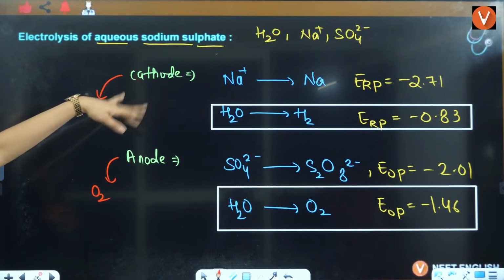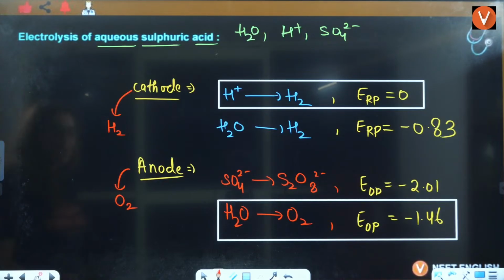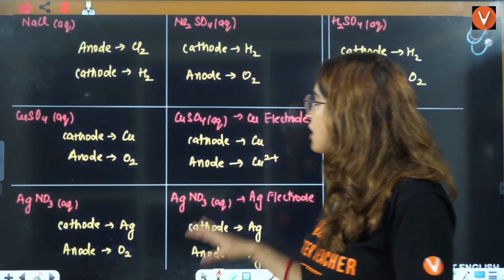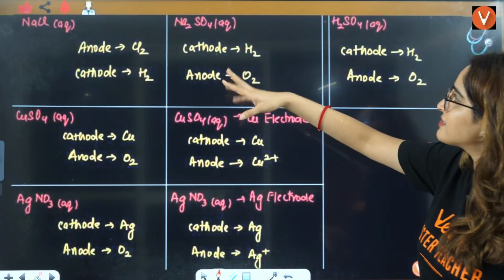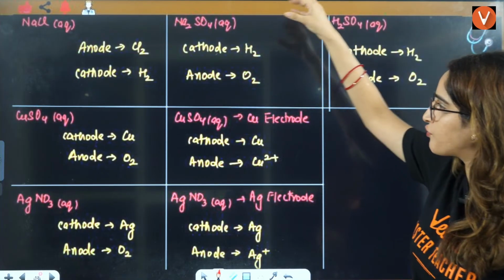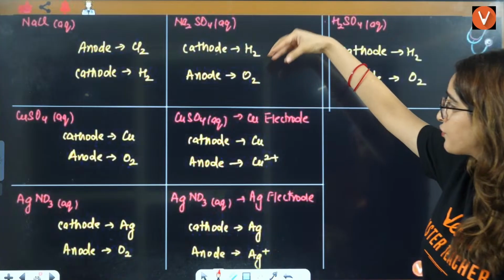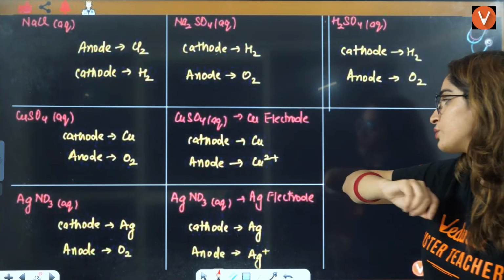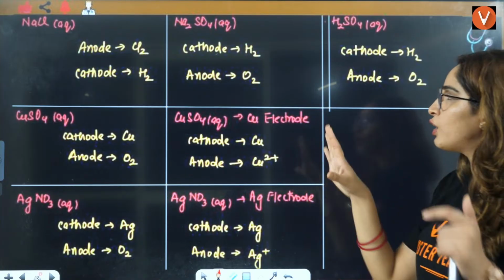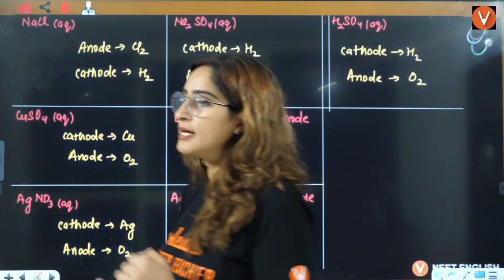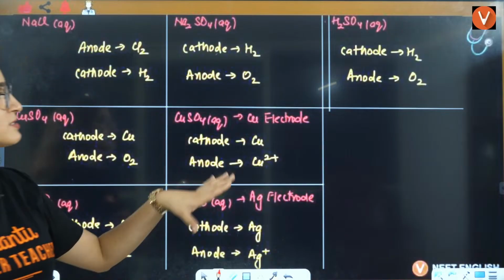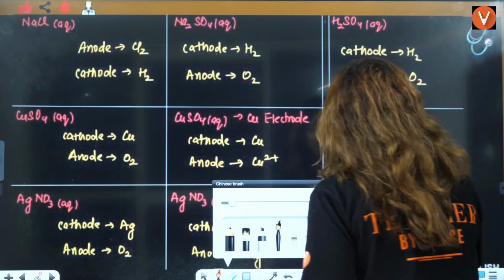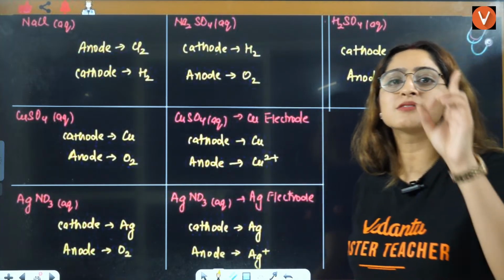When you have sodium sulfate, you have the same thing, right? So that is the beauty of product of electrolysis. And this chart I have made for you: NaCl, Na2SO4, H2SO4, CuSO4, CuSO4 in copper electrode, AgNO3 in Ag electrode. So all of these things are written here, right? Okay, so whatsoever is there, all these things are your conclusion of what we have studied in the last 17